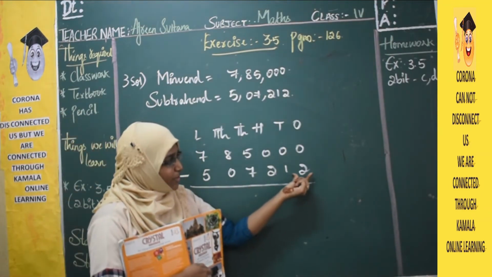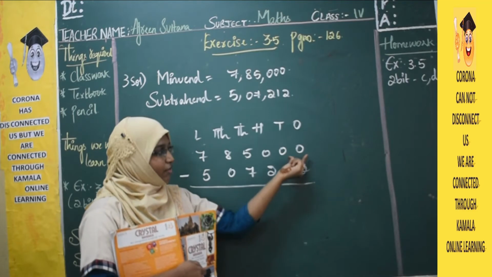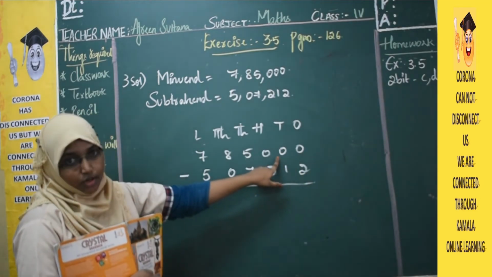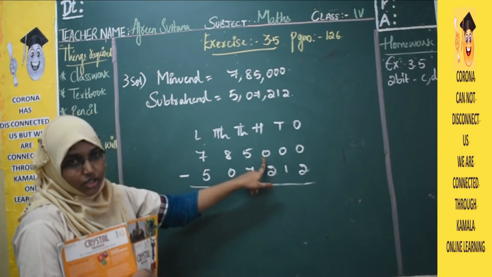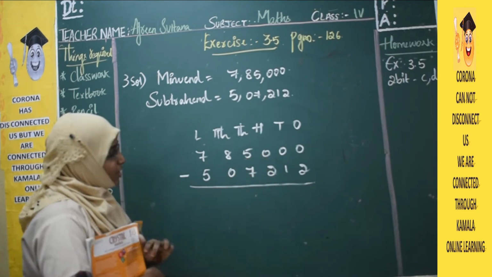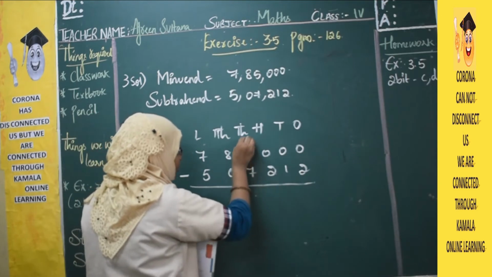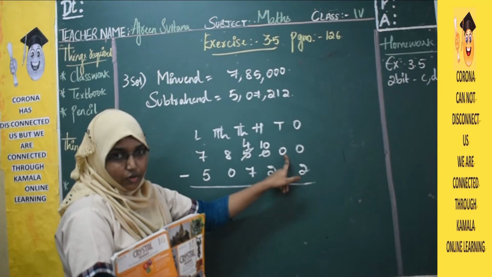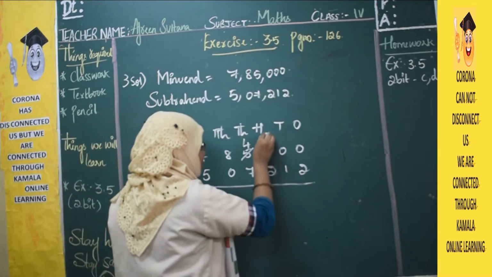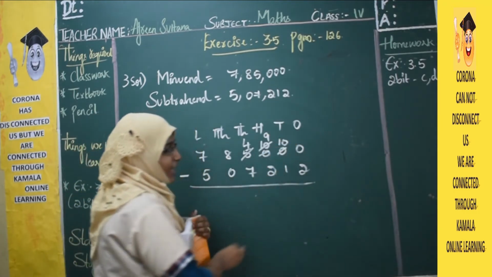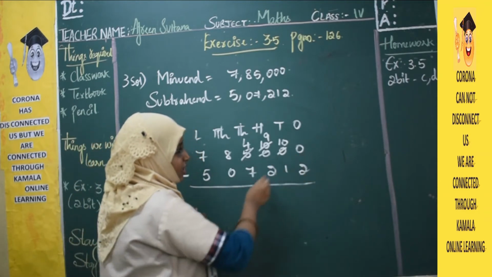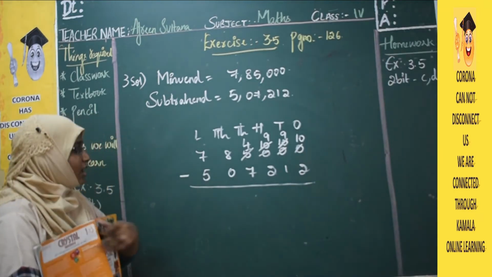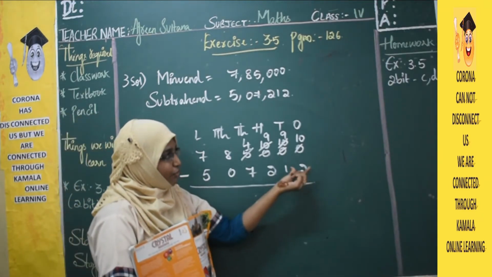See, now 2 is bigger than 0. We cannot subtract 2 from 0. Now we will borrow. But here also there is a 0. Again, if you move to the other number, this is also 0. So we borrow from 5. Then if I borrow, this becomes 9 and this 10. I want to borrow over here, right? So again if I borrow, this becomes 9 and this is 10. Okay. Now we can easily subtract 2 from 10.